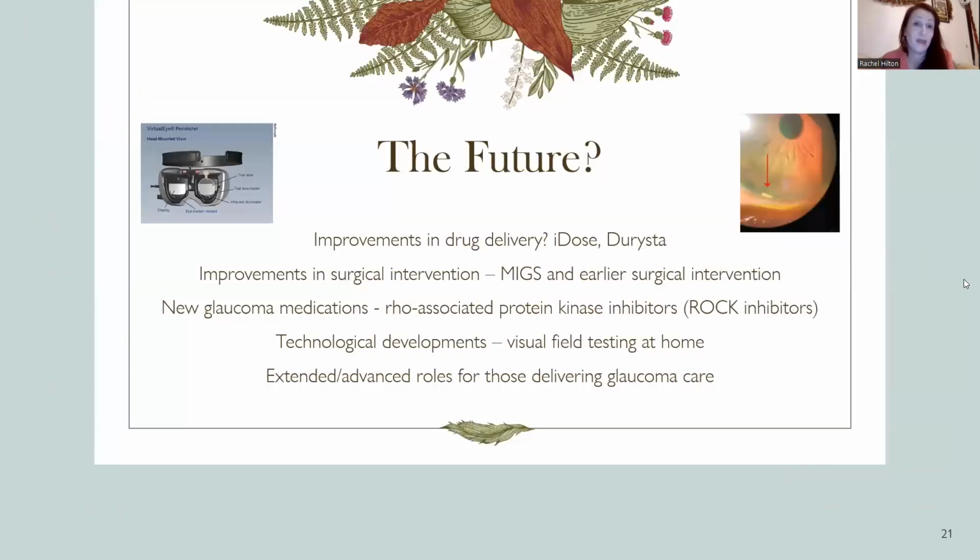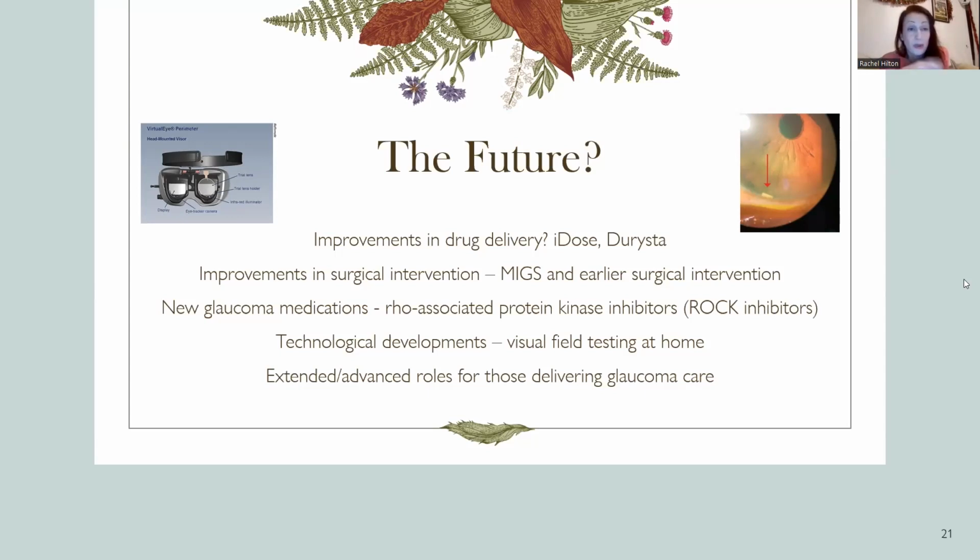And then just very briefly, I've tried to whiz through all of this so I wasn't taking too much of your time. For the future, again, it's another thing that people ask me a lot. I have to say, if we're not currently doing something in various hospital services, it's because the evidence isn't there for it yet, and it's still a work in progress. There are definitely things happening with drug delivery. An example of this may be the idea of having a pellet within the anterior chamber that just slowly delivers the eye drop that you would normally be instilling yourself.